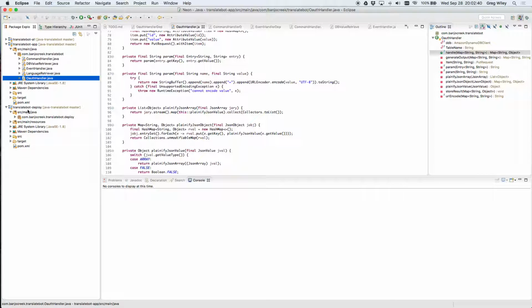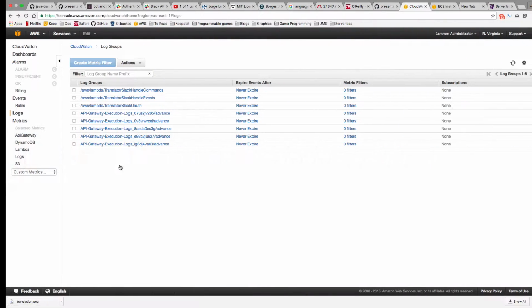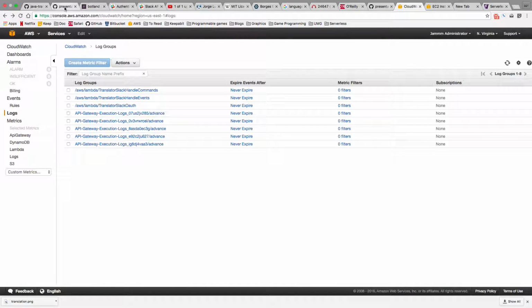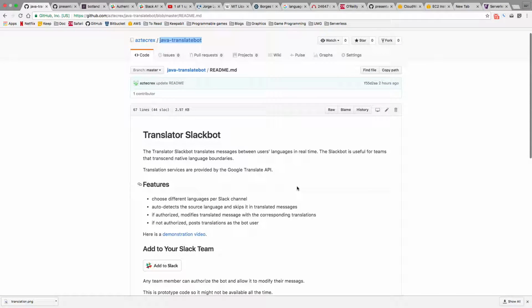If you look in this second project, which is called Translate Bot Deploy, this is all Java code having to do with making those things happen in Amazon. So this is actually, in some cases, more code than the actual code itself, this deployment code. If you look at the things I have here, and I have a better list if we go over to the GitHub. This is all in GitHub, by the way. You can look at the actual code.